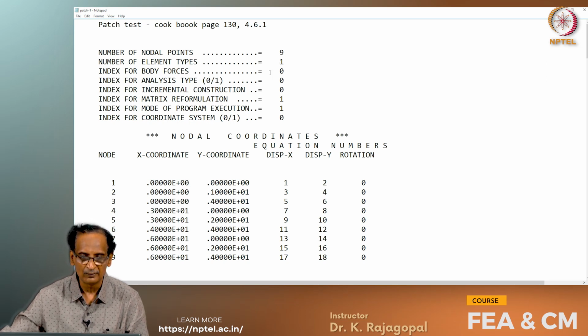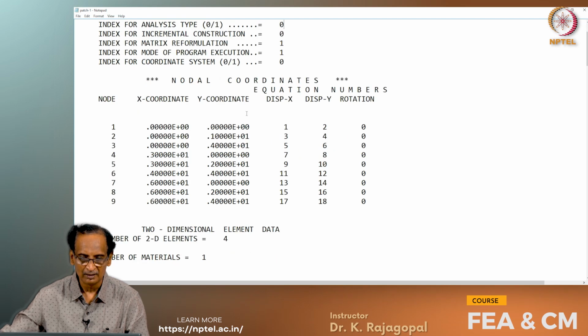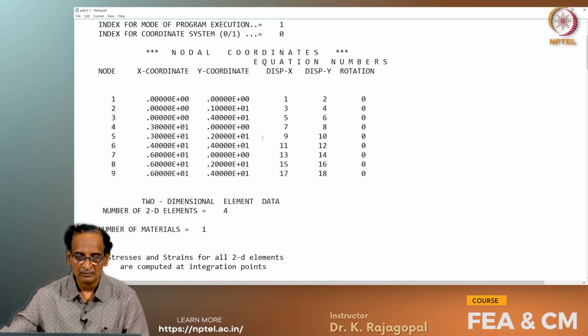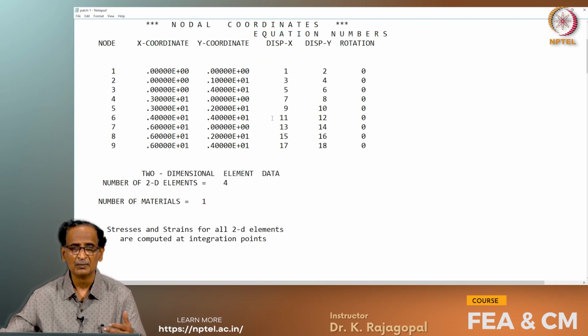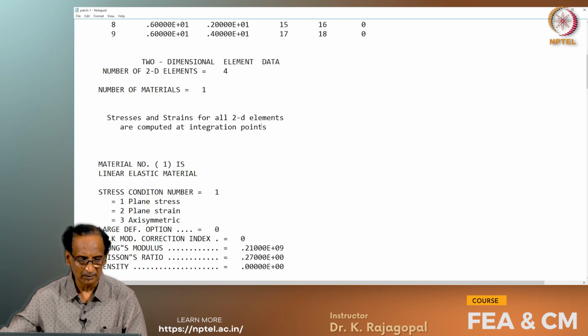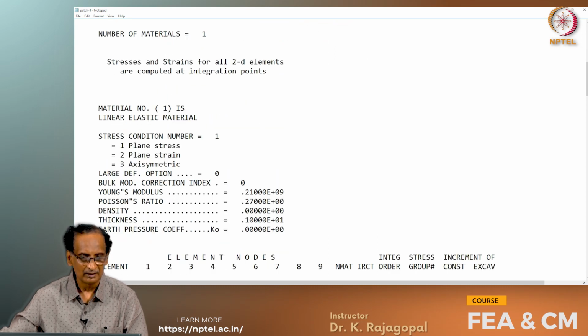Then there are no body forces considered. Analysis type is only linear elastic, 0, and then these are the 9 nodes, and then the coordinates, and all the displacements are free at the element level, but later we put some constraints, and this is a plane stress state,